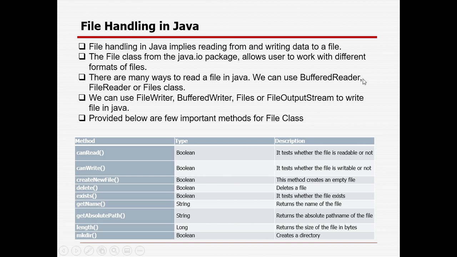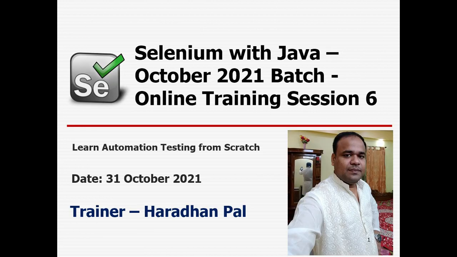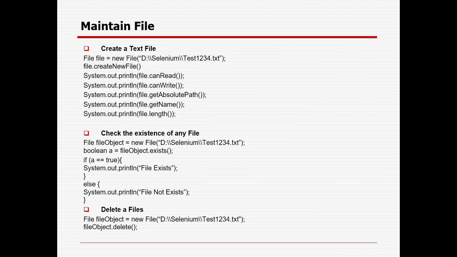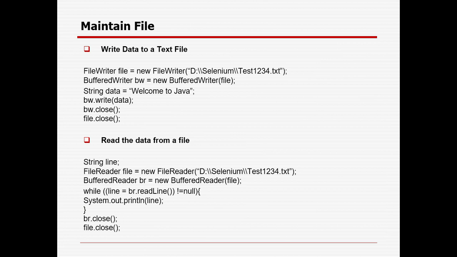So, whatever you choose. Always for reading the data, we have to use file reader and buffer reader. Yes. So, file writer is just taking the file reference here, and then with the help of buffer writer, you are storing something, and then you are reading and writing, in a similar way. Okay, tell me. And this string data equal to welcome to Java. This is the file. This is the string we want to write in the text file, whatever you are writing.